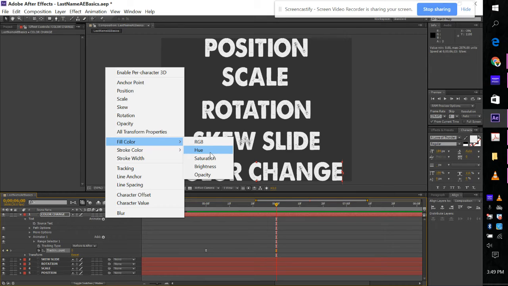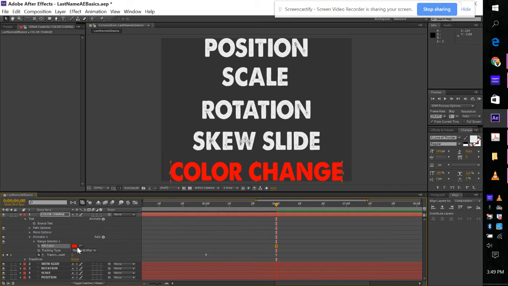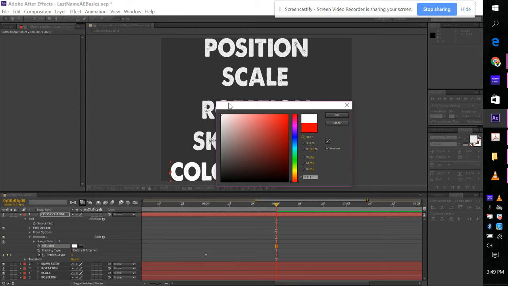Not really much different from hue. Saturation is how intense the color is. Brightness is how light or dark. And then opacity is it see-through or not. So I'm going to just click on RGB. And you can see right away it defaulted to a red color. So I'm going to go to my fill color, switch that to a white,